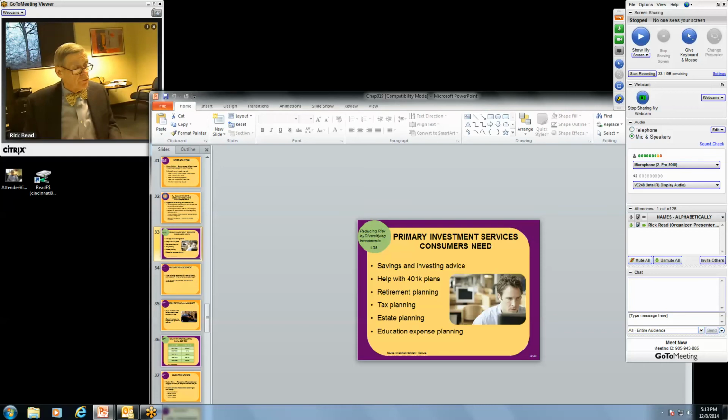Primary investment services for consumers, or the consumer's needs. This talks to you here about a number of things, but you also need to think about tax planning and estate planning and things of that nature. None of us at our early age think we have to worry about taxes or estate planning. The unfortunate fact is those things creep up on you and you've not done anything about it. So try to do it now while you're young enough to think about it and make decisions. The best thing to do is to start some type of savings plan, no matter how small, and continue with it.